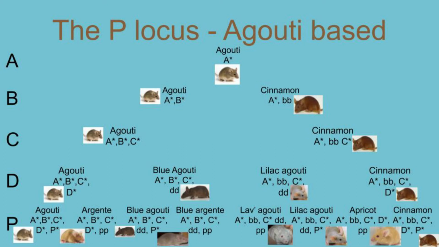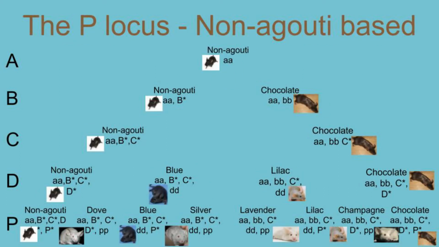If our lilac agouti receives dominant P, it would remain a lilac agouti. However, if it receives recessive Ps, it would become a lavender agouti. Our recessive non-agouti line, if that black mouse, so recessive A's but dominant B, C and D, receives a dominant P, it remains a black mouse. However, if that recessive A but dominant B, C, D receives 2 recessive Ps, it becomes